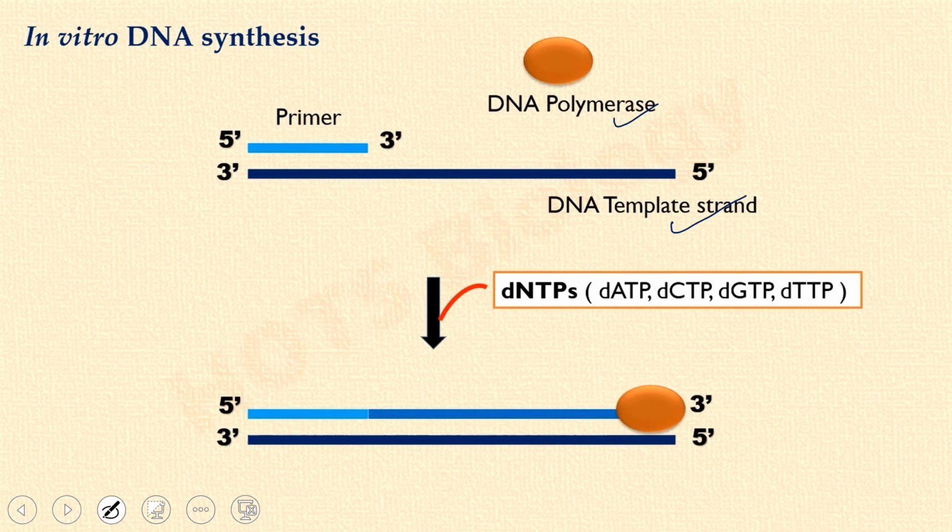For the addition of nucleotides, it requires a basic platform, a starter point. A starter point means DNA polymerase needs a 3' OH. Without this hydroxyl group at the 3' end, DNA polymerase cannot add any nucleotides. Whenever a new nucleotide is going to be added by DNA polymerase, it will be added at the 3' end. The 5' end of the newly incoming nucleotide is going to be linked with this 3' OH with the help of a phosphodiester bond.